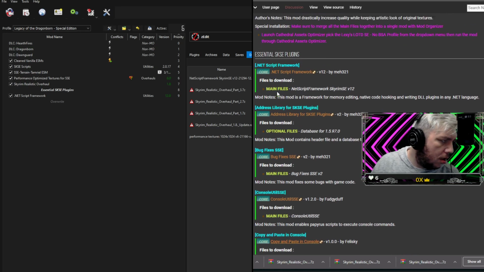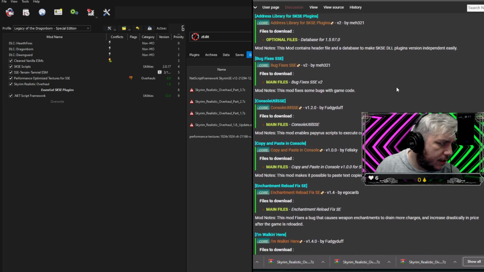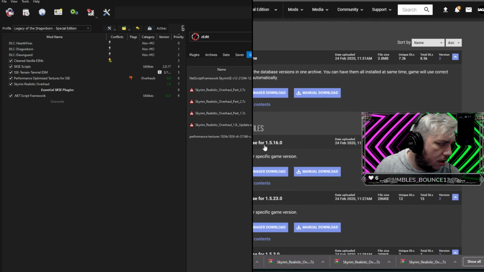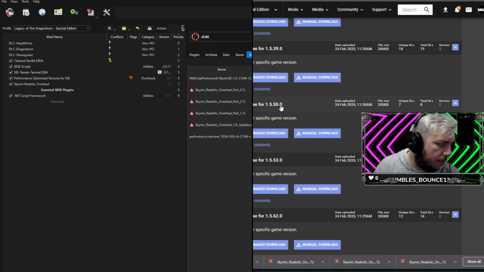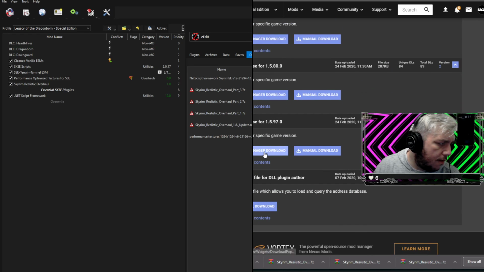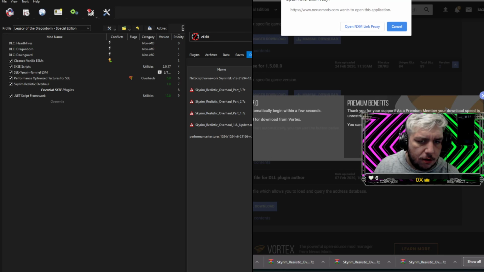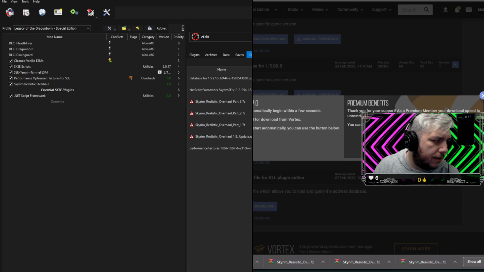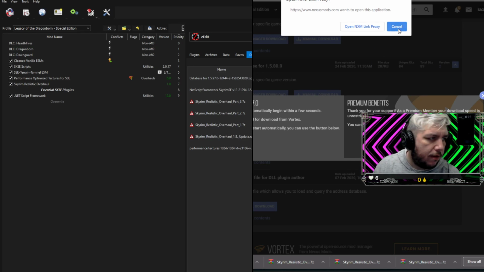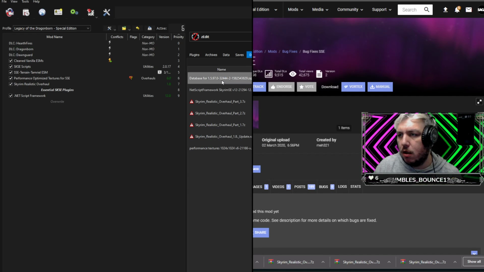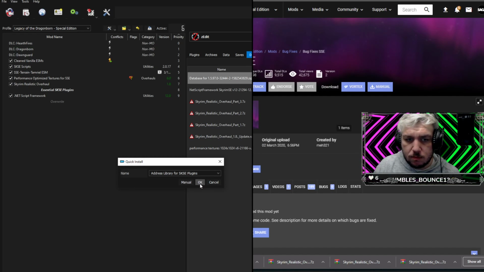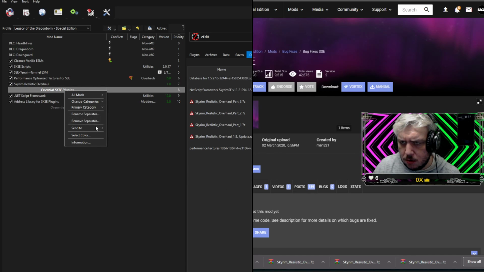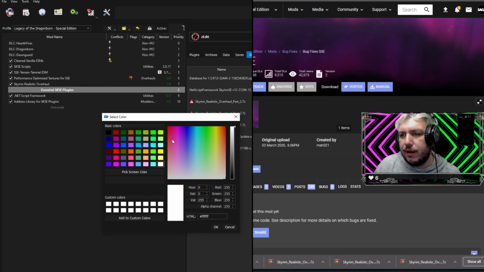So the address library for SKSE, so we're doing database for 1.5.97.0, that's what we're downloading. Mod manager download. Do them as needed. You select a color for them. What? You can make them colored? Wait, oh, I'm already there. Close it. Install it. Select color. Oh my goodness, this changes everything. Sort of. I mean,